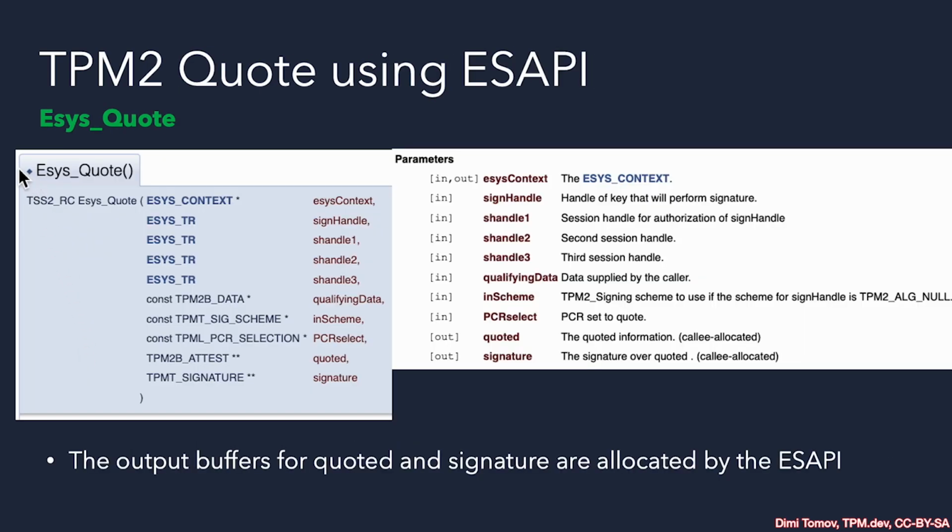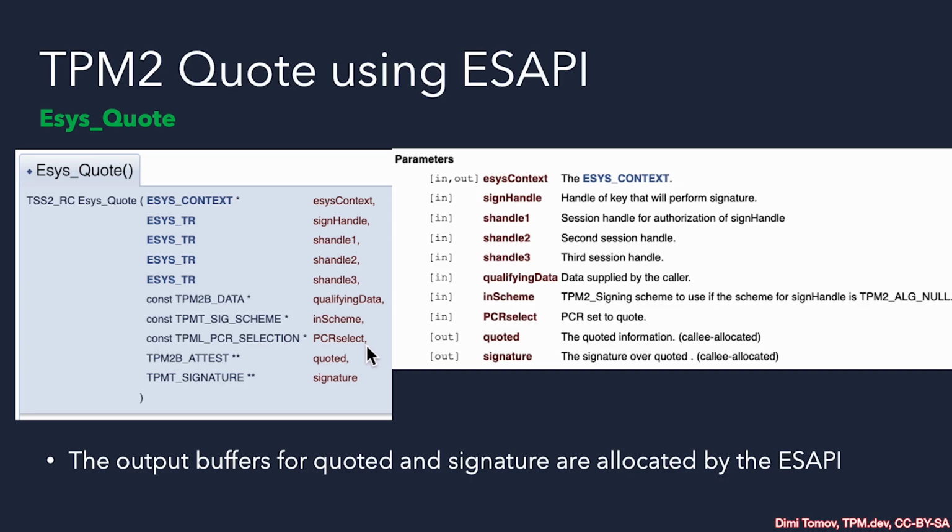Here is the ESAPI variant of TPM2 quote. The comment matches very closely the structures that we just talked about. First, we have the ESYS context, then we have a sign handle that points to a loaded and ready for use AK signing key. And remember, it has to have the sensitive data origin property set in order for the TPM2 quote to work and sign data in the PCRs. Then we have the 3 authorization slots, and qualifying data, which is the arbitrary data that we provide. We have in scheme, if our key by any chance doesn't have that defined in its key structure.